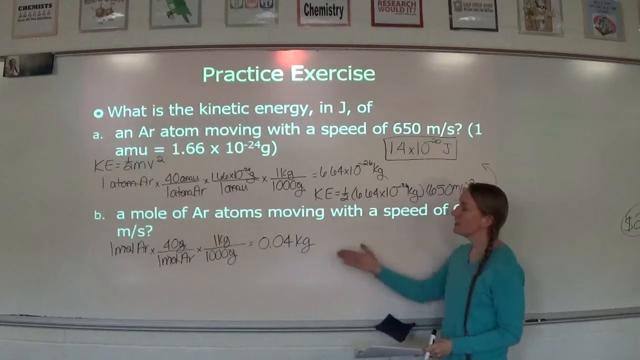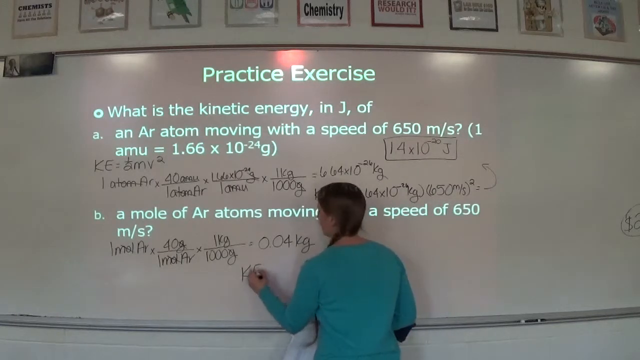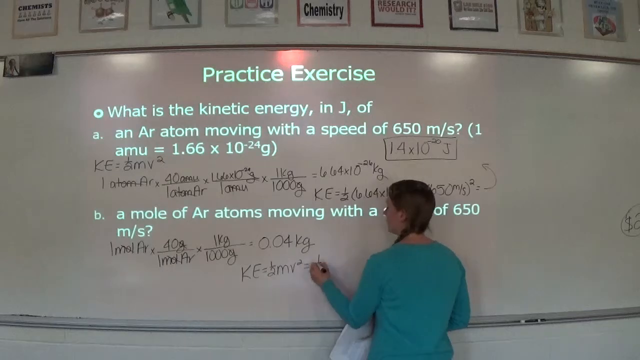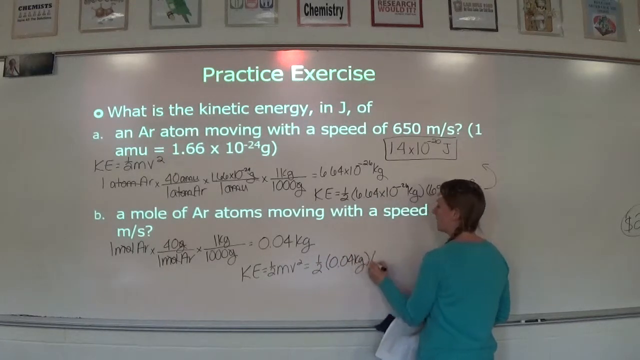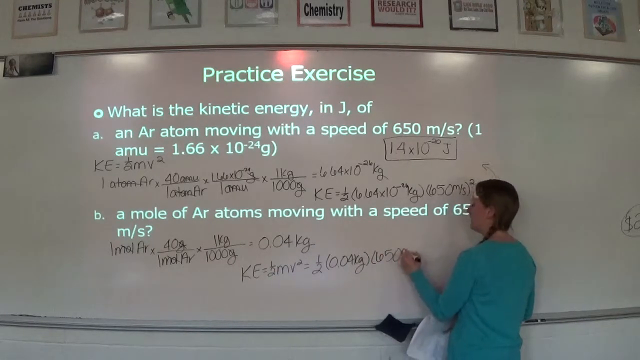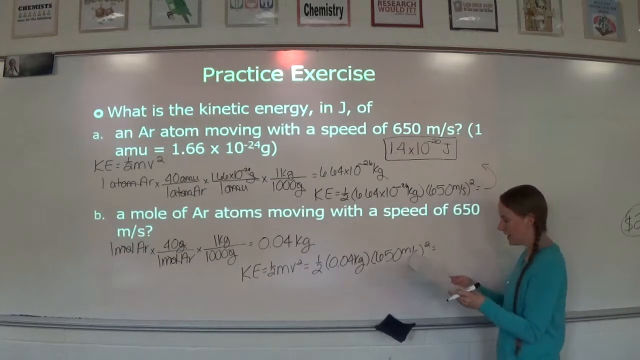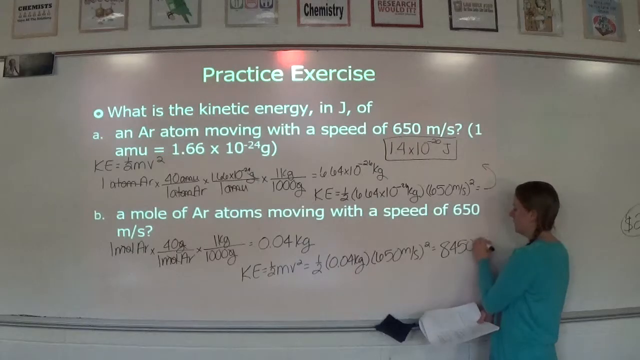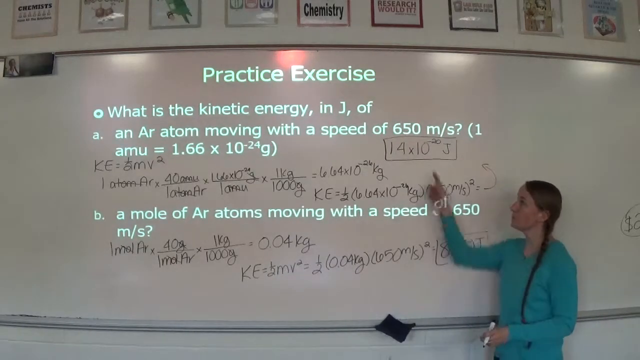Okay, and so then, again, once I have my mass, I can plug into my formula. So my kinetic energy is 1/2 mv squared. So I just did 1/2 times my 0.04 kilograms times my velocity, which is 650 meters per second, squared. And so once I solved that, I got 8,450 joules, which makes sense because that's a lot of atoms, so the numbers should be much larger than the